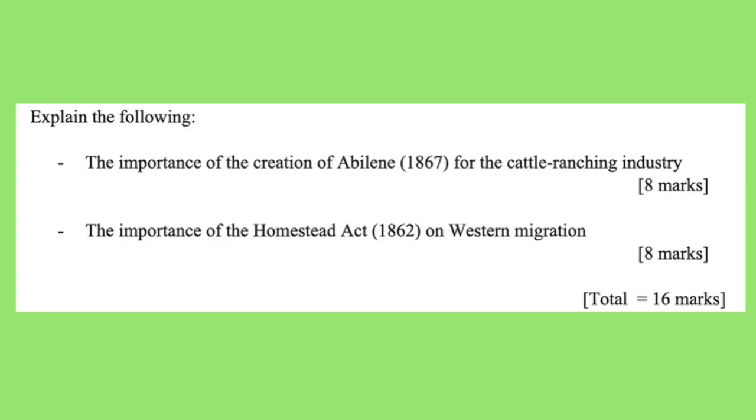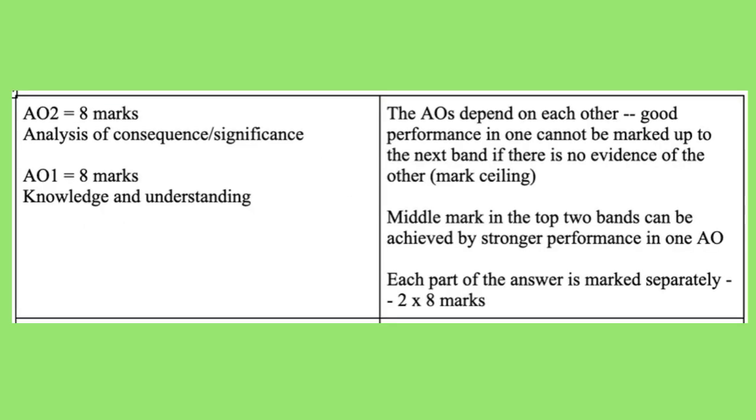Explain the following. The importance of the creation of Abilene in 1867 for the cattle ranching industry. 8 marks. The importance of the Homestead Act of 1862 on Western migration. 8 marks. This is the mark scheme for this question, which you can find out about in more detail in